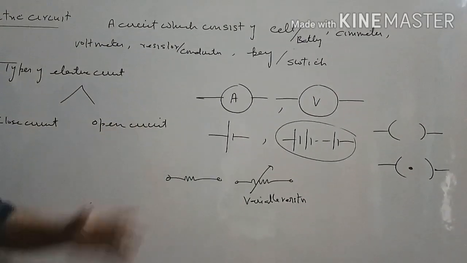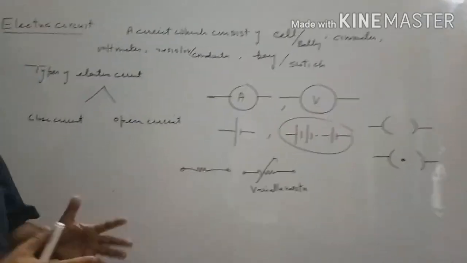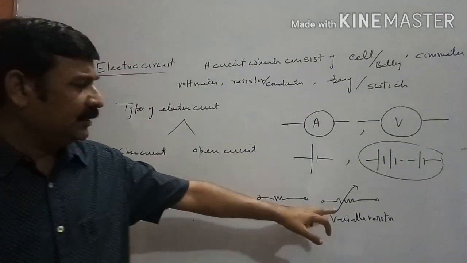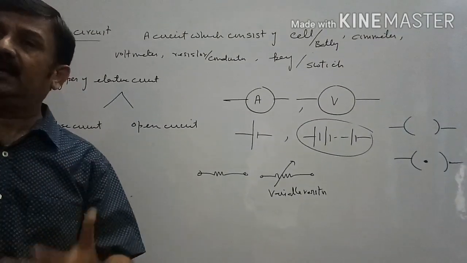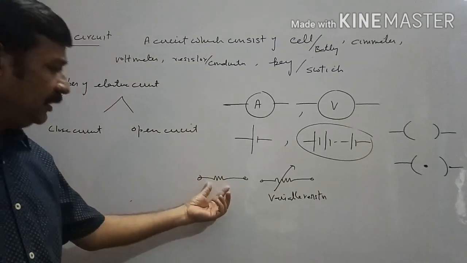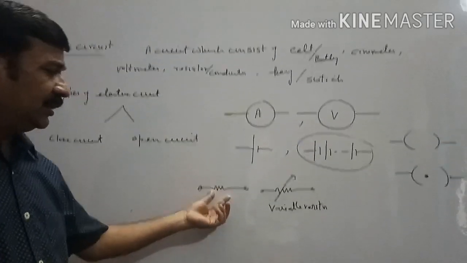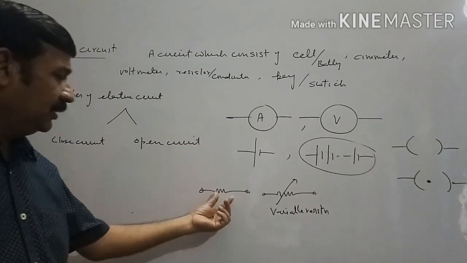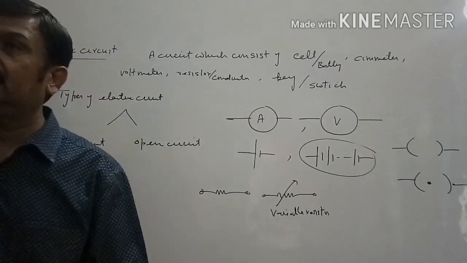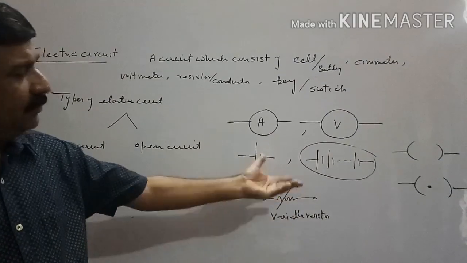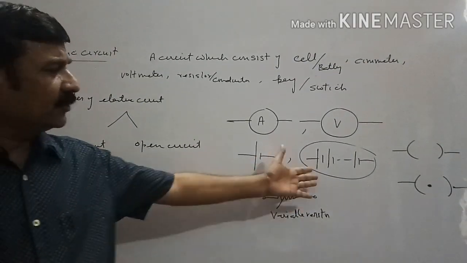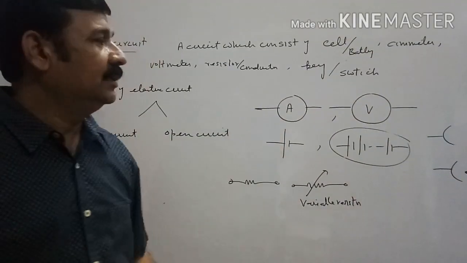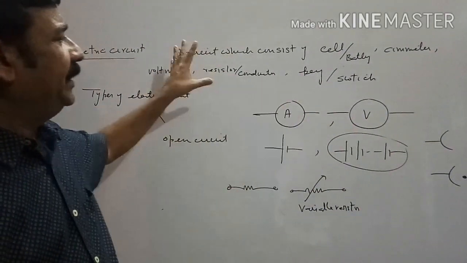These are very important points to remember always whenever we discuss circuits. Variable resistor is used to change the resistance continuously. These are the symbols of resistor or conductor. They provide a fixed amount of hindrance. The hindrance provided by them cannot be changed, but the hindrance provided by the variable resistor can be changed. It is the combination of cells known as battery, ammeter, voltmeter and cell. These are the parts of the electric circuit.